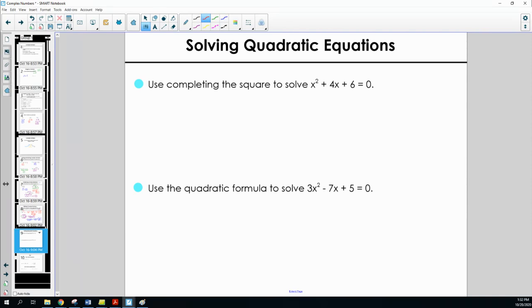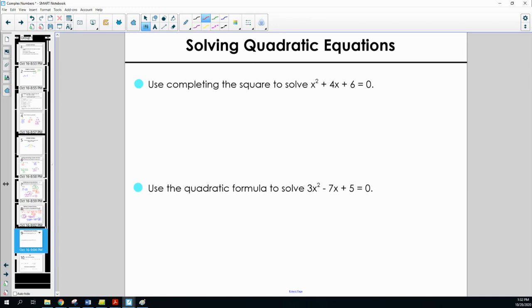So if it can be factored, by all means factor. If you like completing the square, you can use that. If you want to use the quadratic formula, you can use that. So I'm just showing 2 examples, one of each type. But if it just said to solve, this first example you could use the quadratic formula